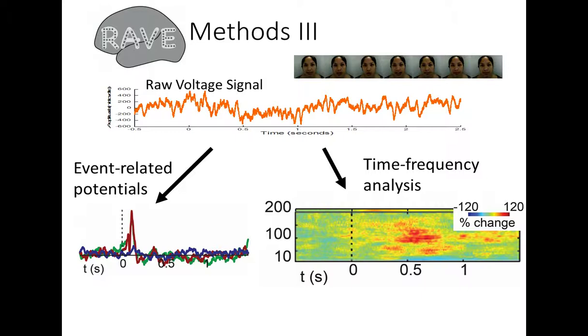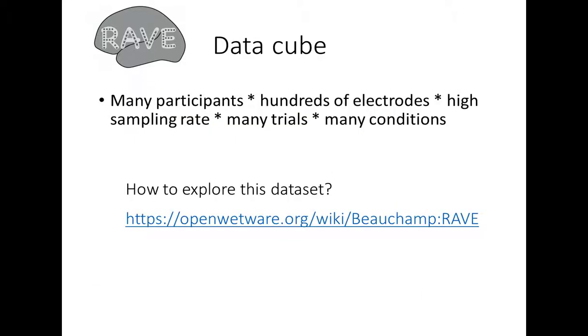And as you can see, the x-axis or time is the same, but the y-axis now has been transformed into frequency. And you can see there's a big blotch of red color showing that there's a large amplitude increase in these high frequency broadband activity from around 40 or 50 hertz all the way up to 150 or 200 hertz when the movie begins. So I want to emphasize that one of the big challenges of intracranial EEG data is